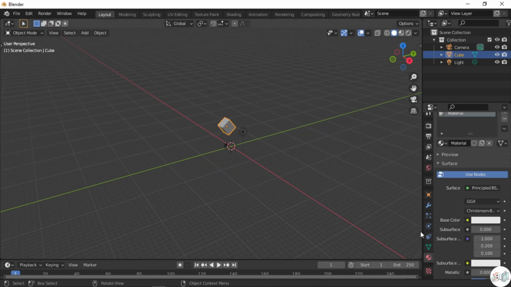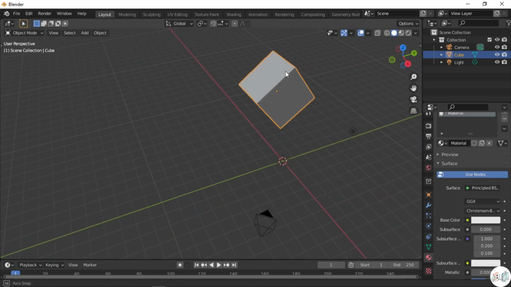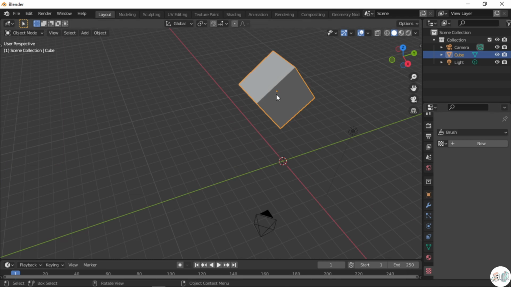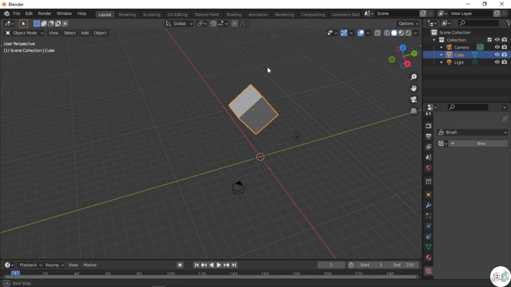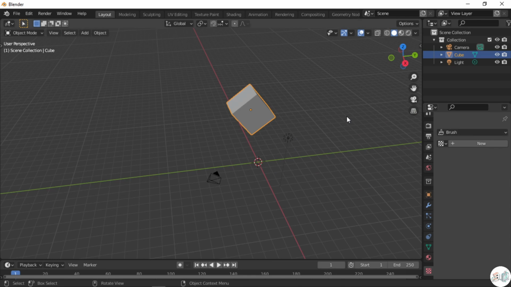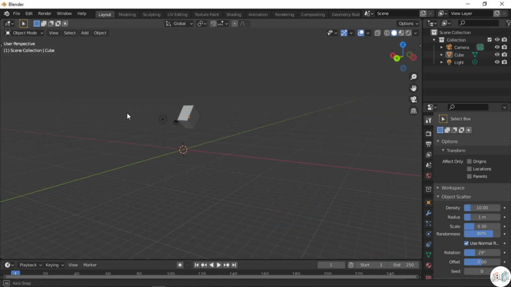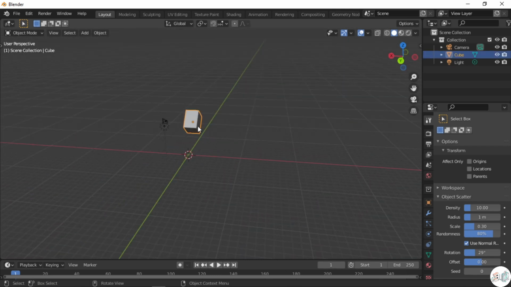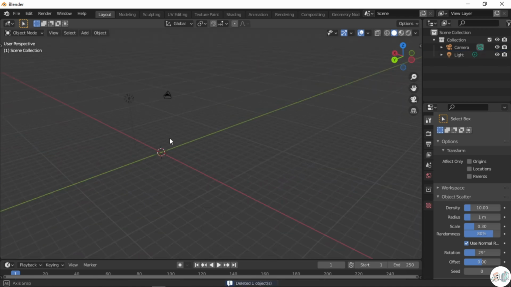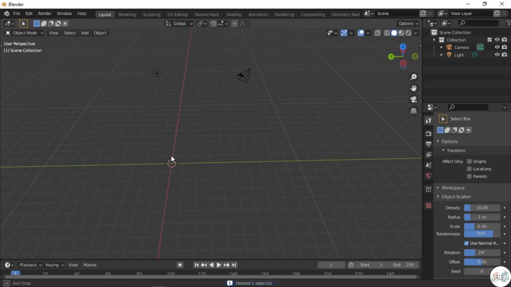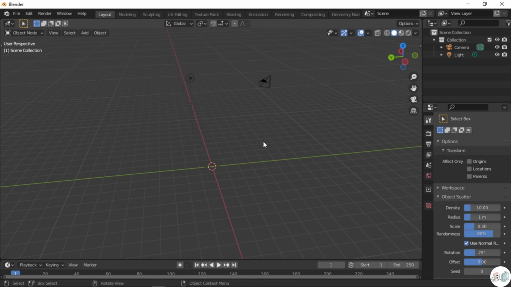This is the material tab, in which you can give material to this object, and this is the texture tab, in which you are going to give textures to this object. So that is all the tools over here, and next we are going to talk about how to add textures, and I'm going to show you how you can make a simple UV sphere into a stone, or I'm going to set up the scene as you guys saw in the thumbnail.